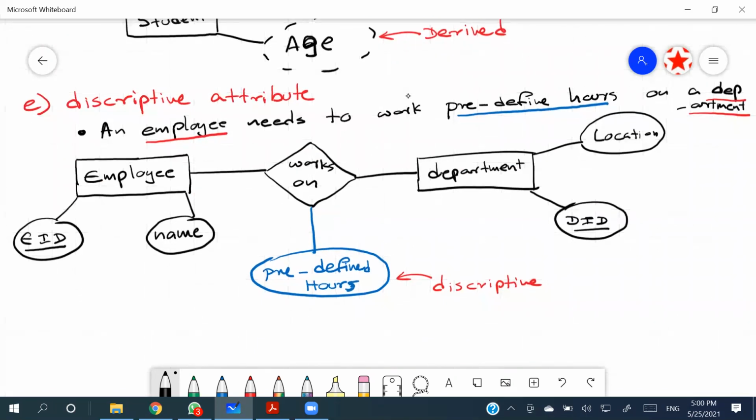And under the descriptive attribute, at this point as well,